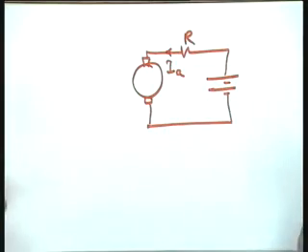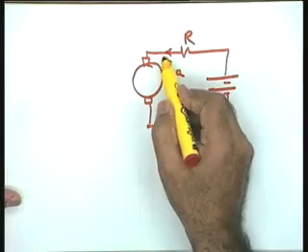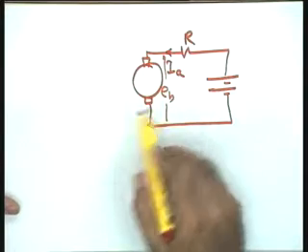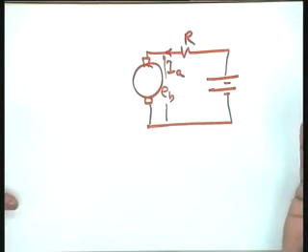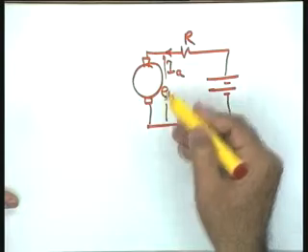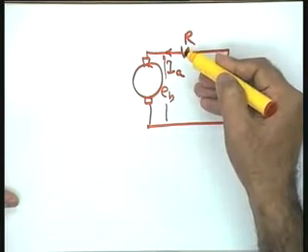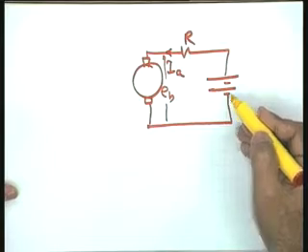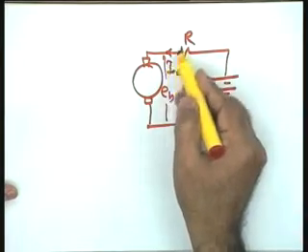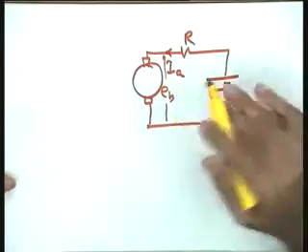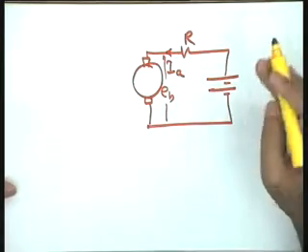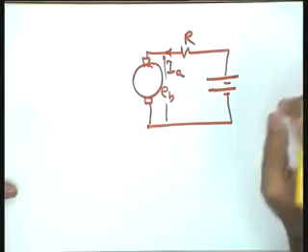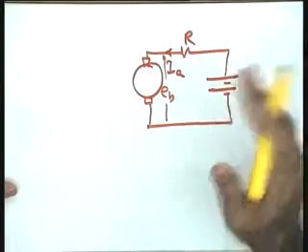Why should the IA change? The IA changes because of the back EMF effect. Now, this back EMF effect is going to appear as far as the armature side is concerned, and because the back EMF will change with speed, the armature current cannot be kept constant. But if you take a large voltage source here and a large resistance here, in that particular case the armature current can roughly be kept constant. However, this particular approximation will be more correct if the requirement of the armature current is not very high.